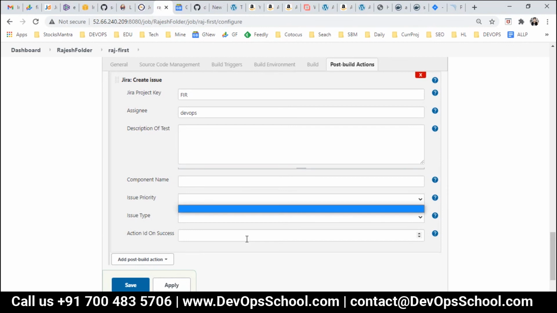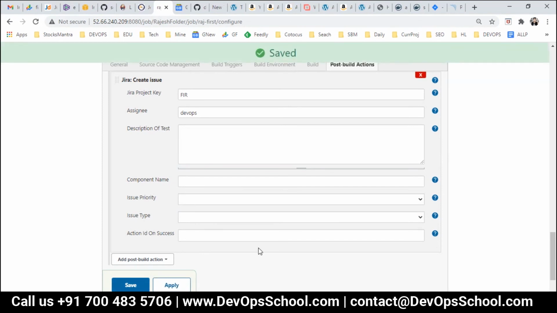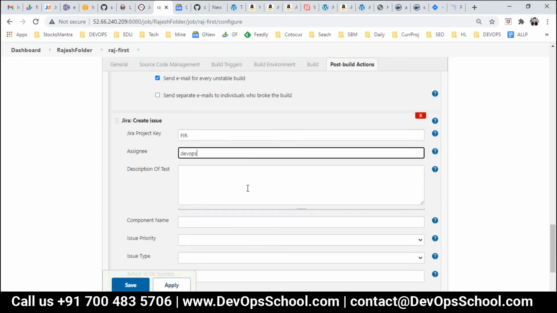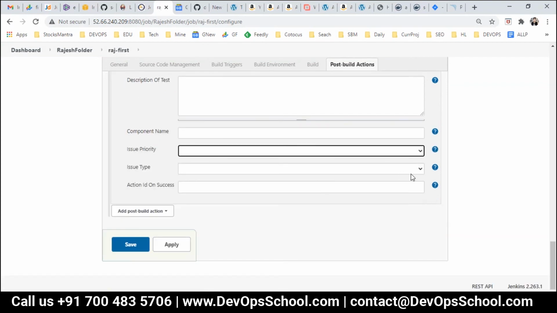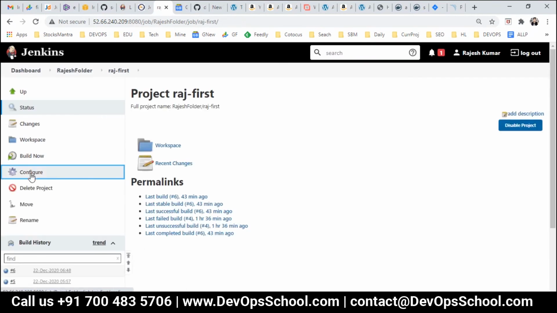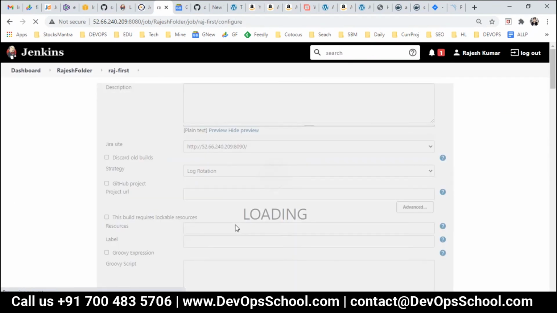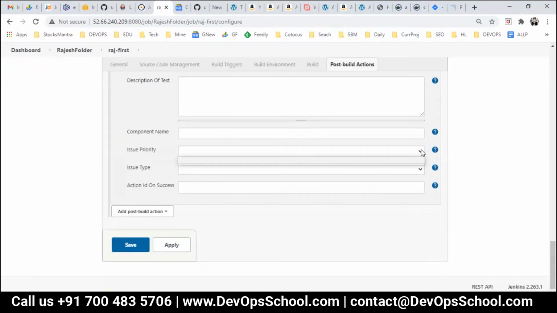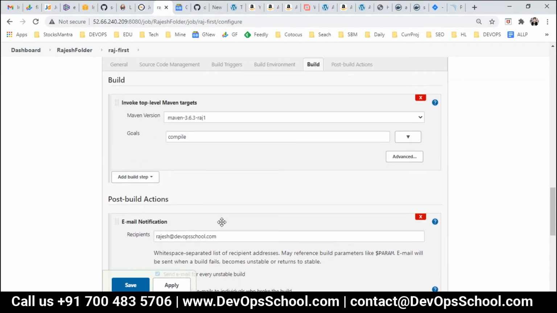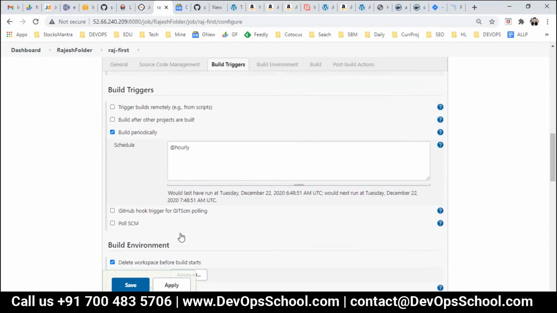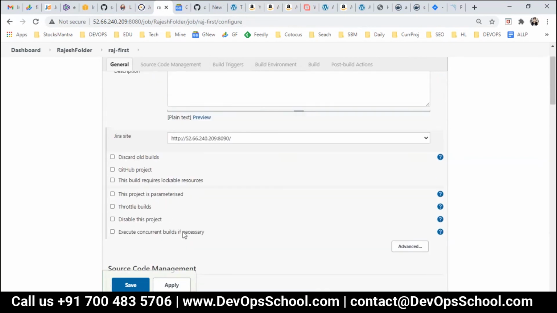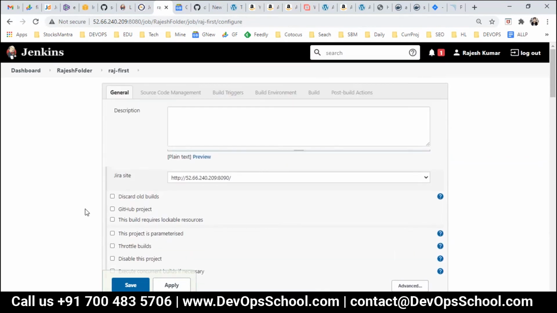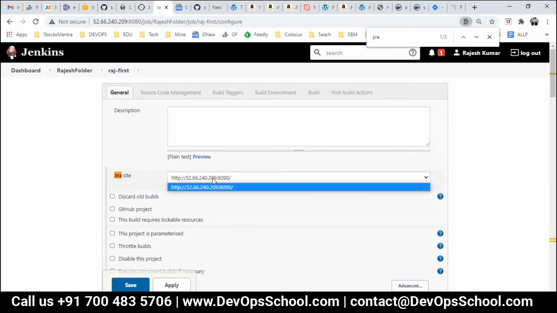Priority should come, but it's not coming. Let's apply. It should type. Let me try one more time. These are the plugins; sometimes they require some changes. See here, it's not coming. I have to see that. Is there any change for it? So can we check this? Jira here.